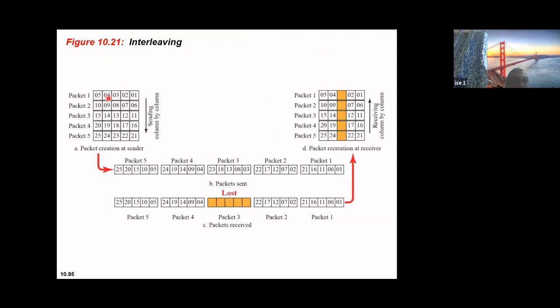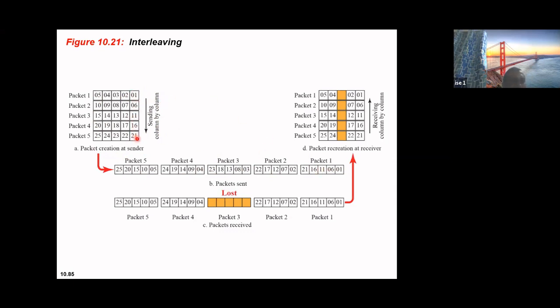Now here, say packet 1, this is the data. And packet 2, this is the data. Packet 3, packet 4, and packet 5, this is the data. And I am sending this column by column. Column by column means first you can see which column is going: 0, 5, 1, 0, 1, 5, 2, 0, 2, 5. So first packet is nothing but 0, 1, 6, 11, 16, 21. Have you understood? First packet, I am sending column by column.